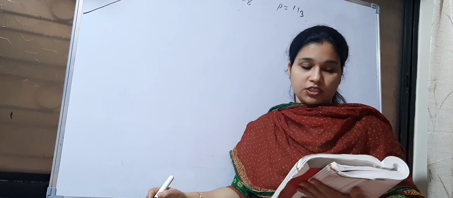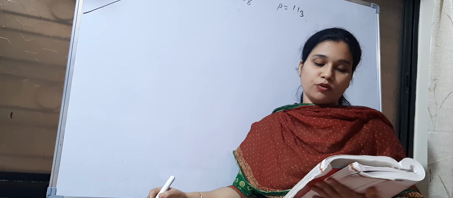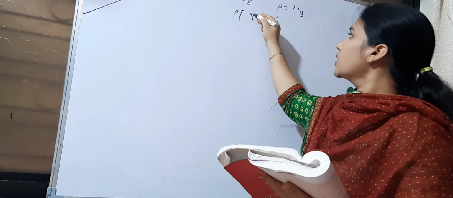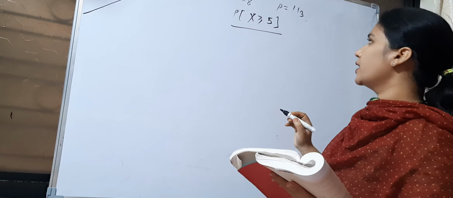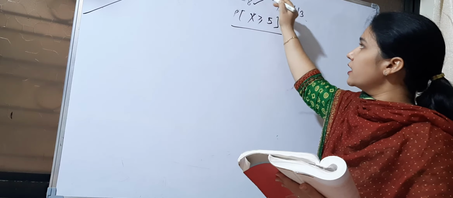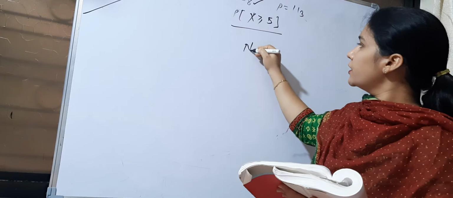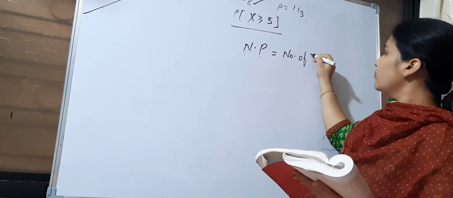After that, what is given? How many enumerators are expected to report that 5 or more people are tea drinkers? Probability of x greater than or equal to 5. You have to find this probability of x greater than or equal to 5 by using binomial. It will include 5, 6, 7, 8, because total n is 8, so it will go up to 8. You have to find this probability. Then multiply this probability by N into p, and you will get the number of enumerators.